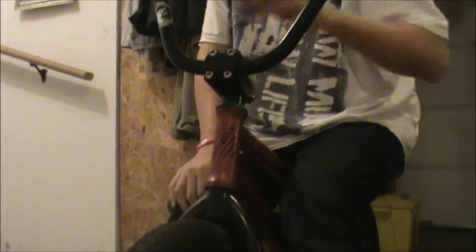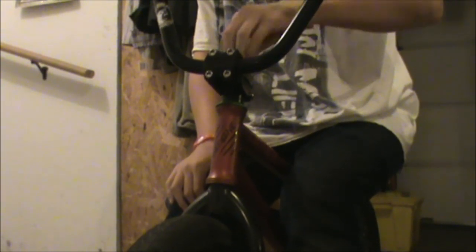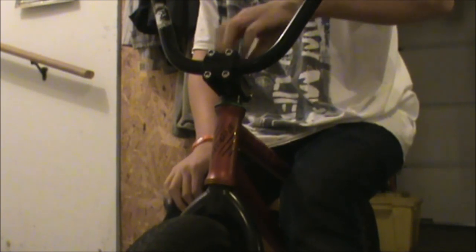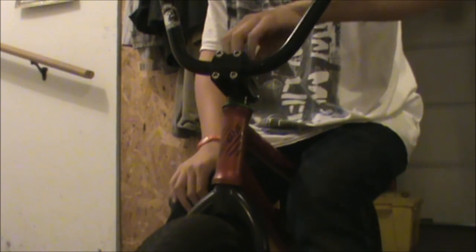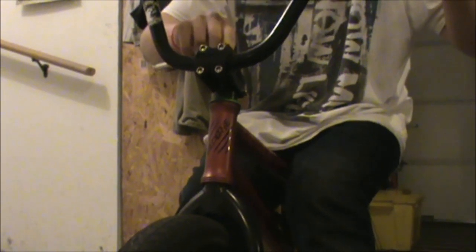This is the harder part of this. First, you're going to screw in your top cap, or your compression cap, all the way into your forks with your fingers. Only go all the way in with your fingers at first, because the rest is fine tuning, and that's not really that fun. But it's easy, depending on the space between the top of your forks. After you spin it all the way around with your fingers and get it as tight as you can,